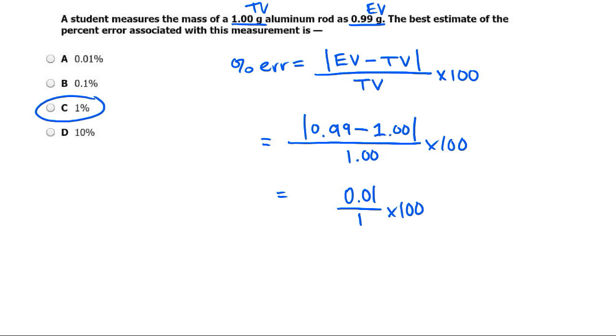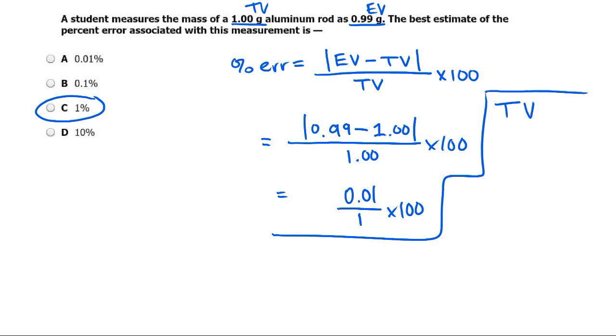The chance of you having a percent error question is pretty high. It won't be necessarily as simple as this. Some other percent error questions actually ask you to calculate the experimental measurement. For example, if you are given the true value density of something